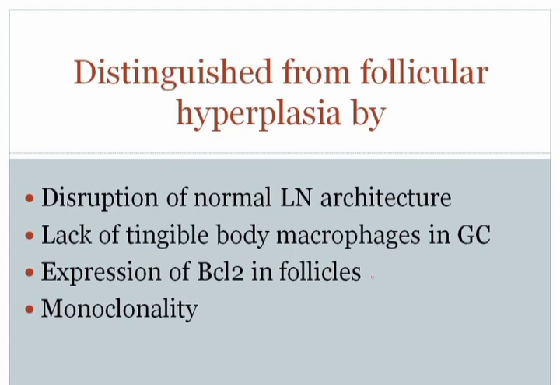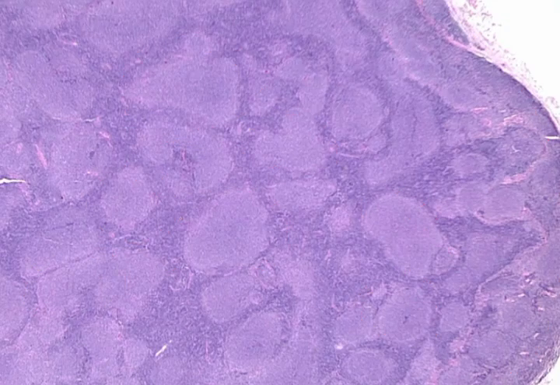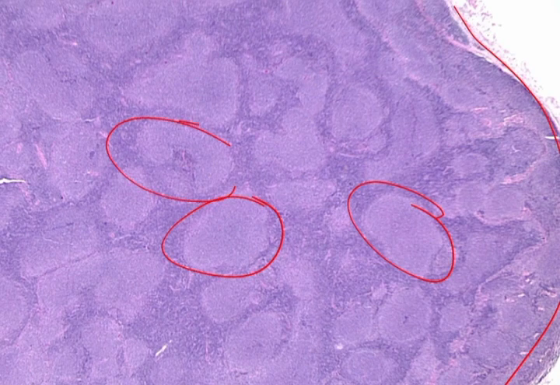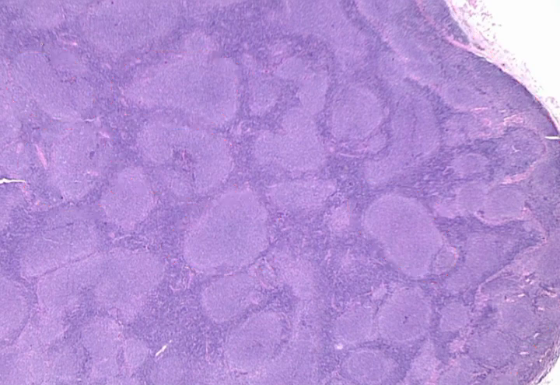Now, how could we do that? Well, number one, when we have follicular lymphoma, there'll be disruption of the lymph node architecture. What do I mean by that? Well, I'm going to take you back a couple slides to this picture which I had drawn here, and let's look at this lymph node again. When we look at this lymph node, what we see is that there are follicles throughout the entire lymph node, and we don't see any other structures. So these follicles have basically taken over or disrupted the normal lymph node architecture, and that's an indication that we're dealing with follicular lymphoma. If this was a follicular hyperplasia in response to an infection, we would see expansion of the